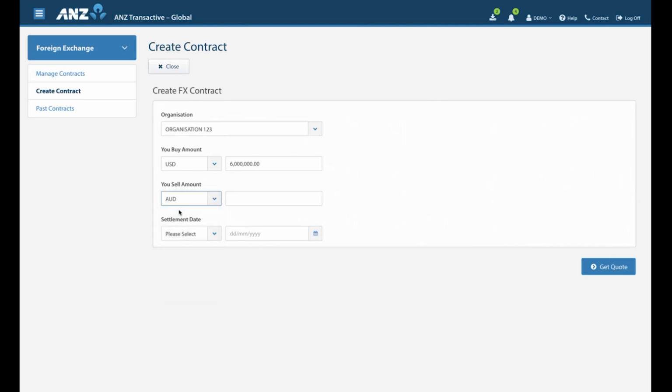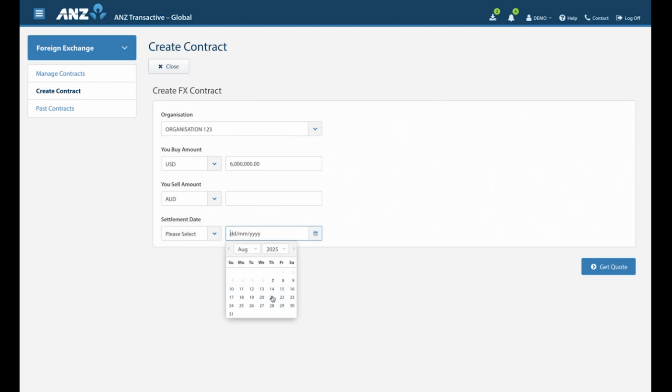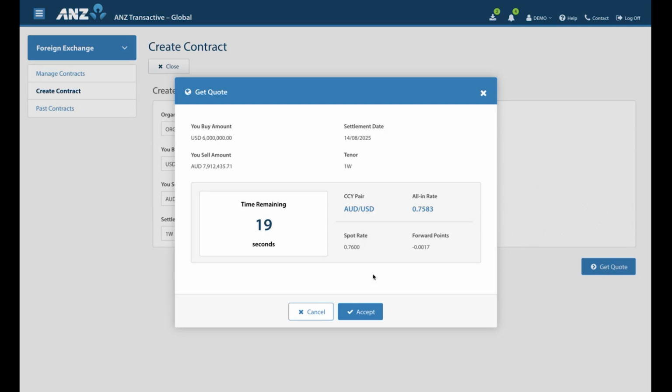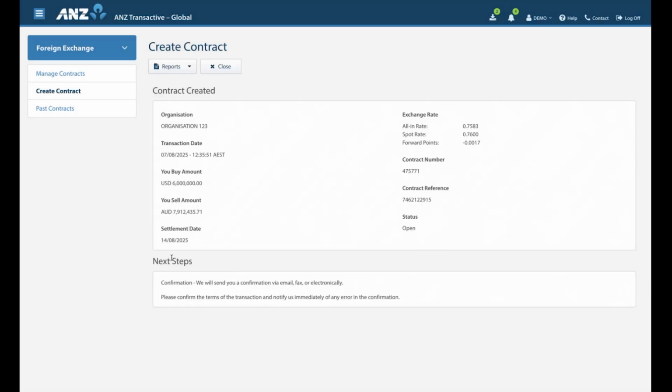Select the tenor from the settlement date drop-down list. Choose from today to a date in the future up to 5 years, or select a settlement date using the calendar. Click Get Quote. A pop-up will display with your quote details. You have 20 seconds to accept this quote, or click Cancel to amend or resubmit the quote request. If you select Accept, you'll be provided with next step options, which include a confirmation, which we'll send to your organization for acknowledgement,